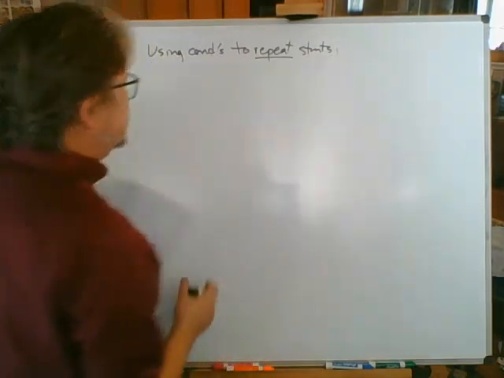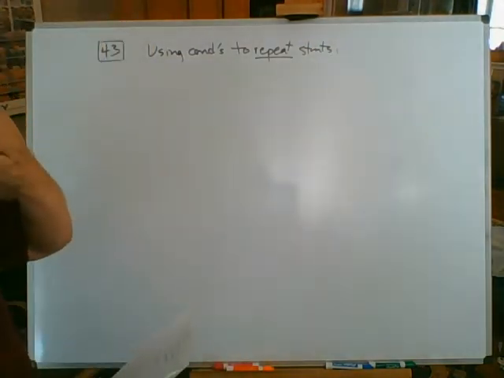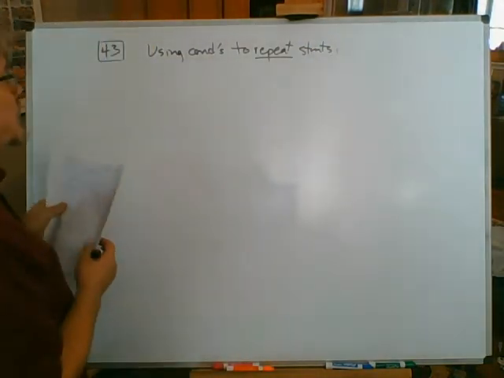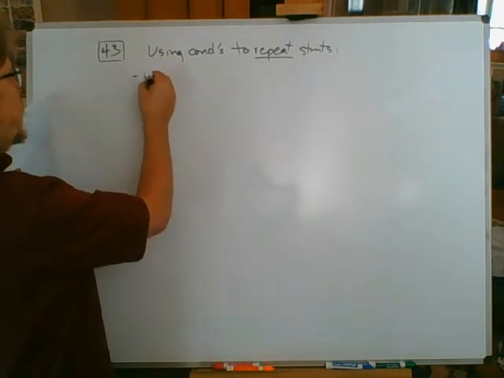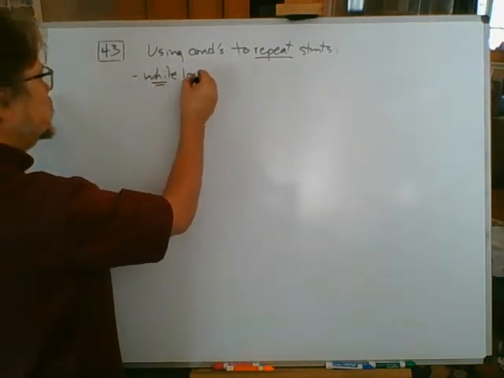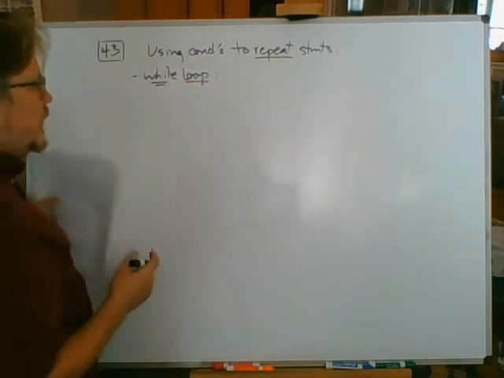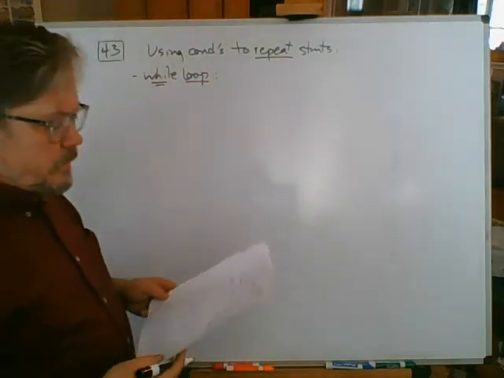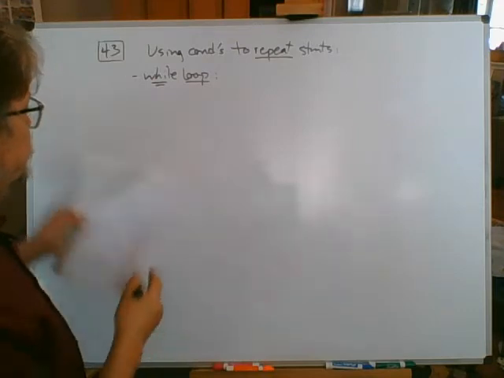Up to this point, we've seen how to skip them. We haven't seen how to do them more than once. The statement that's used for this is the while loop, W-H-I-L-E, while loop. And loop means it goes around in a circle over and over and over. The format for this